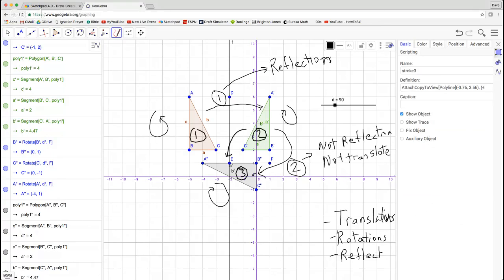And maybe you can try that on your own. See if you can try translating this first and then reflecting. See if you can translate, reflect, and rotate it in a different order and get the same answer. I bet you can do it. Okay, so now I want to